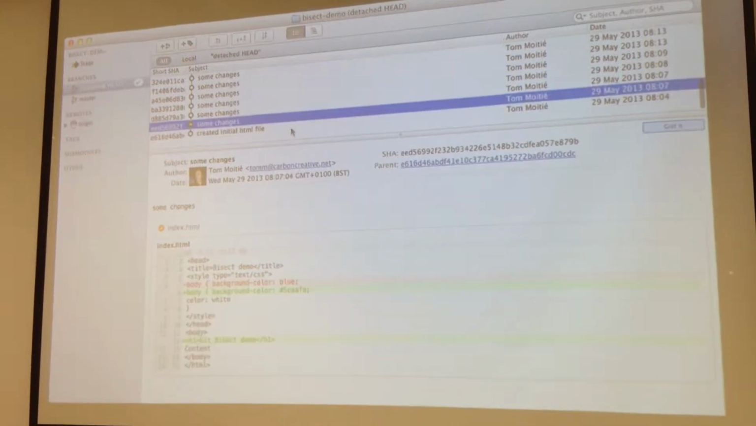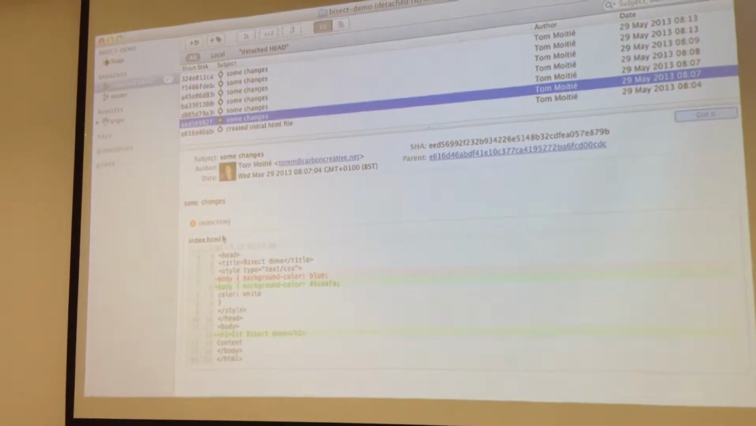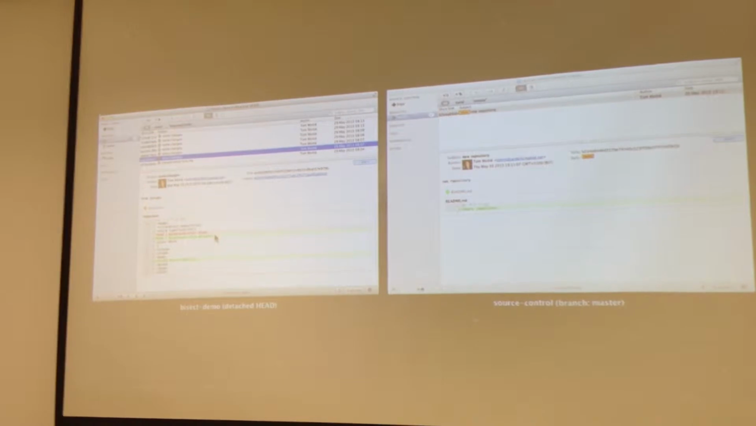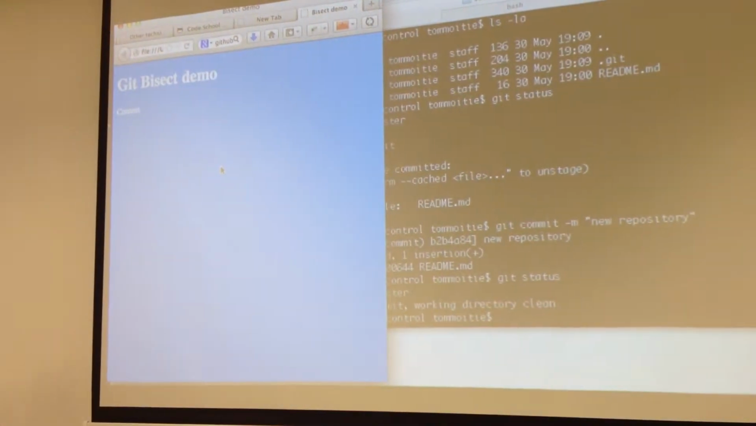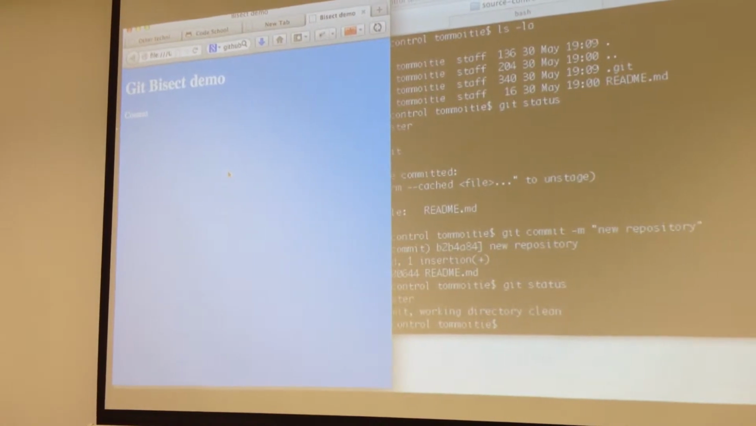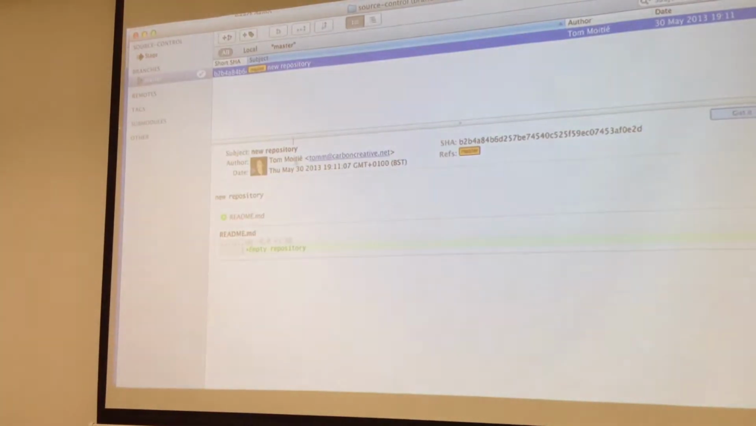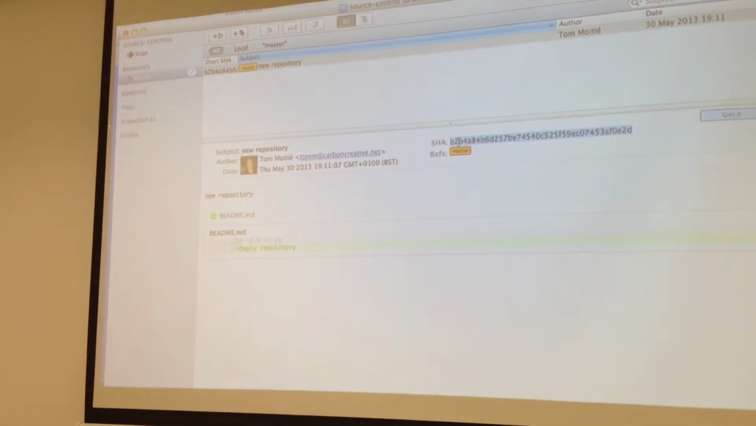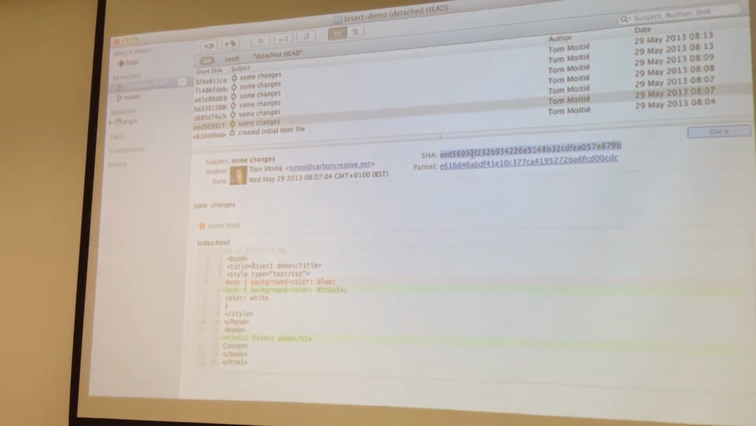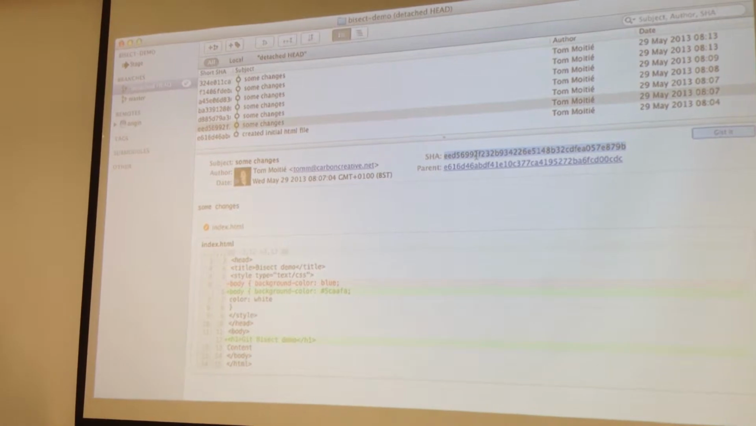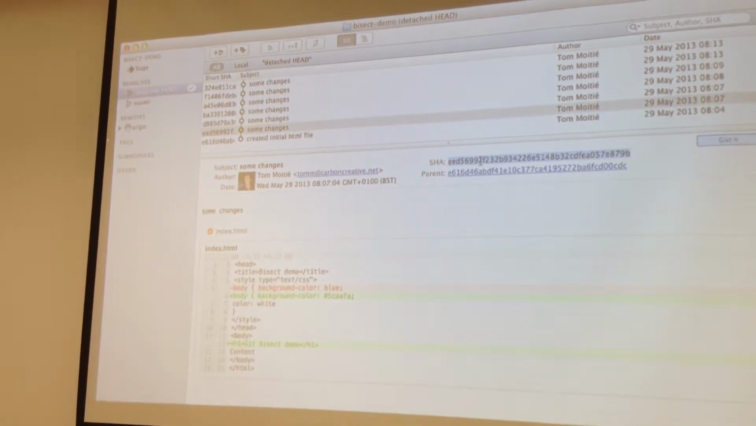Check it out, and have a look at what that's done. And yes, it's blue. Right, okay. So that commit hash, sorry, not that one. That commit hash tells me that's where it was good. So that's my good